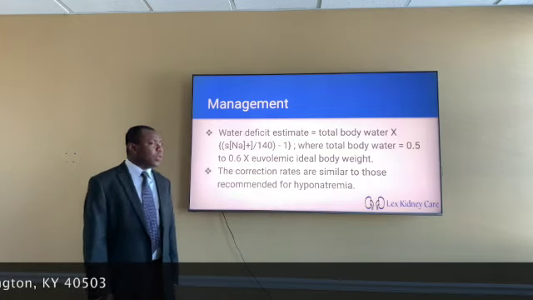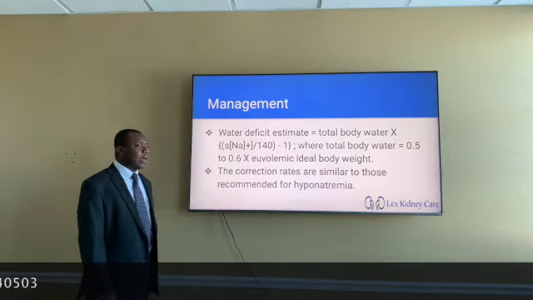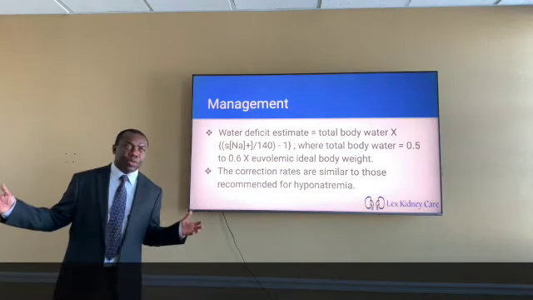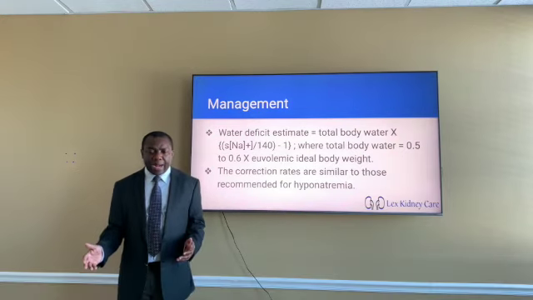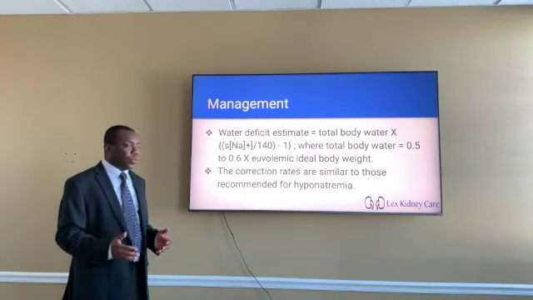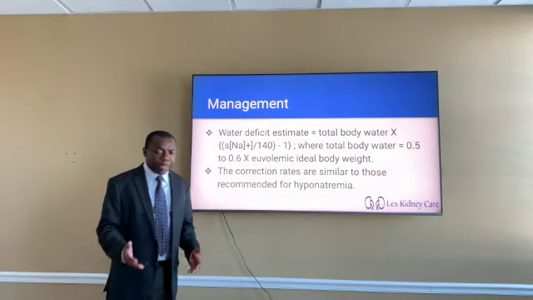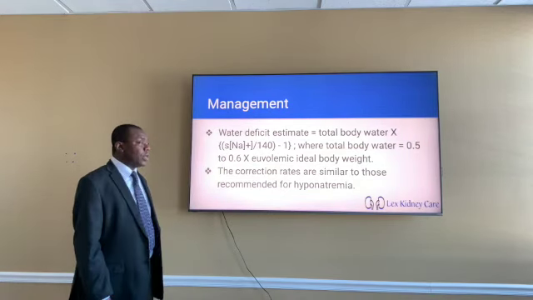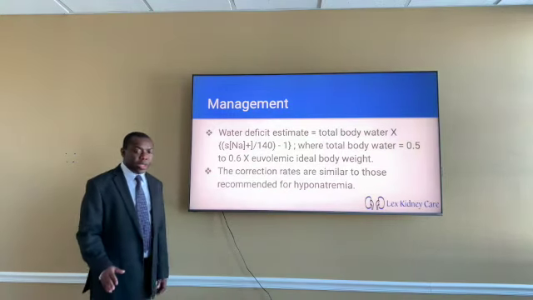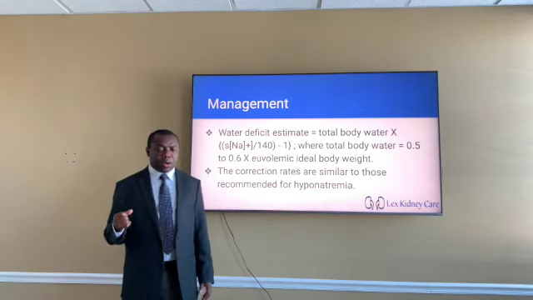So how do you manage it? So now a patient comes to you, sodium is really high. What do you want to do? So you want to give fluid, right? But how do you calculate your fluid deficit? This is where you use this formula. It's called the